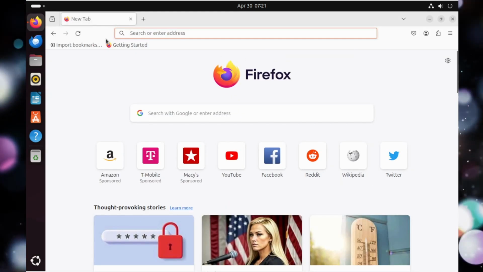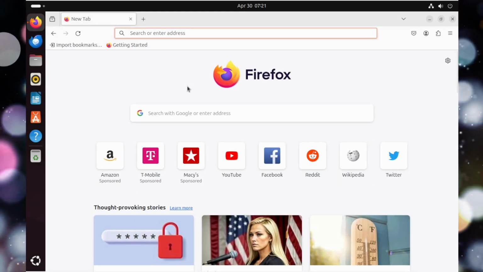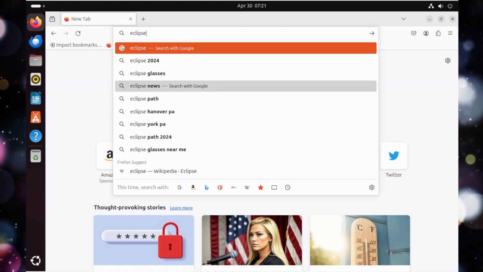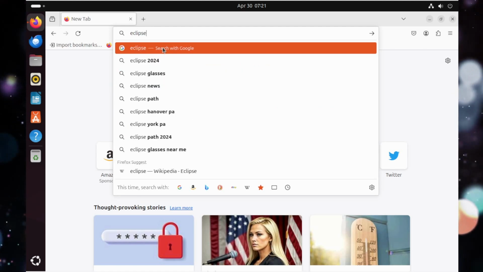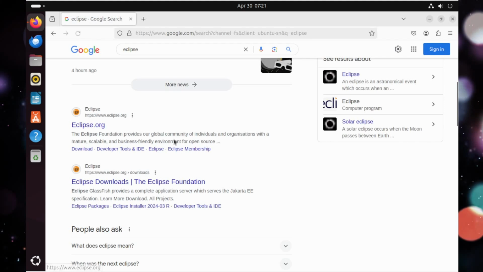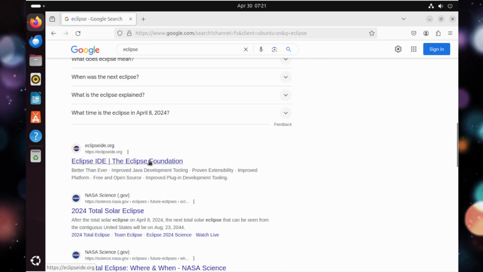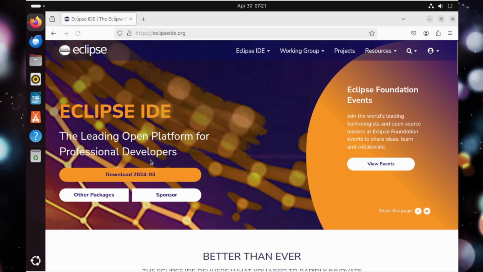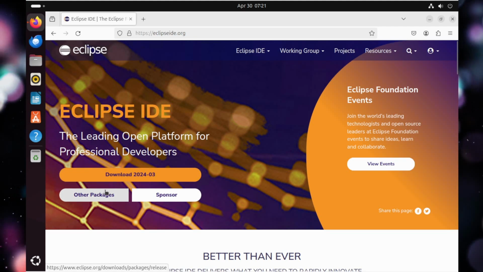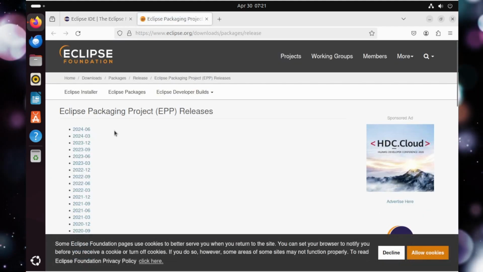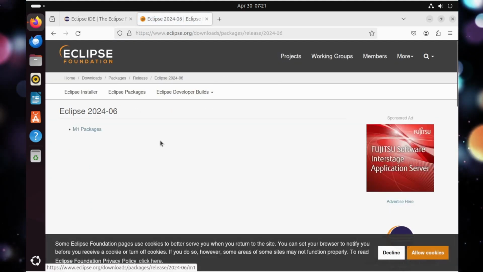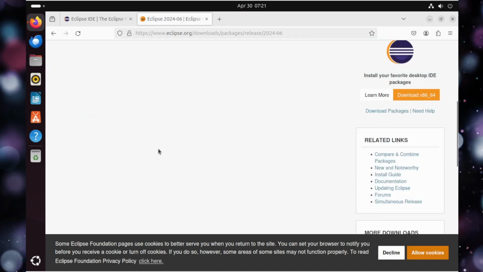Once again, we're going to switch over to our browser here to Firefox, and we're going to take a look at Eclipse, which is a programming environment for Java on all platforms. And I was using this as an example to demonstrate that if you go to specific websites, a lot of times the Linux installation program will be in what's called a DEB file. And you can see here Eclipse